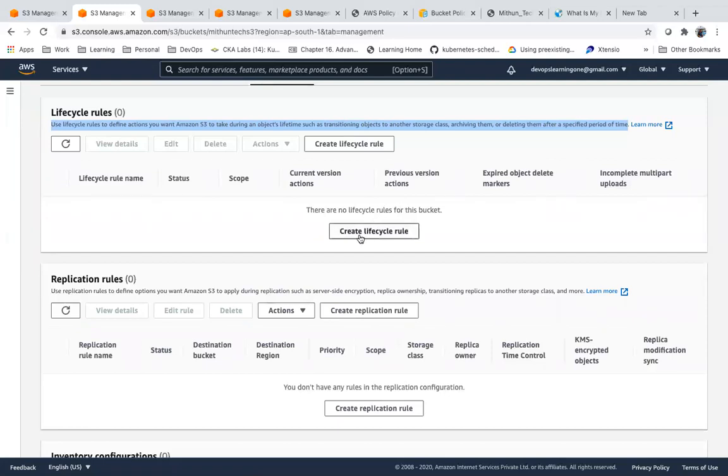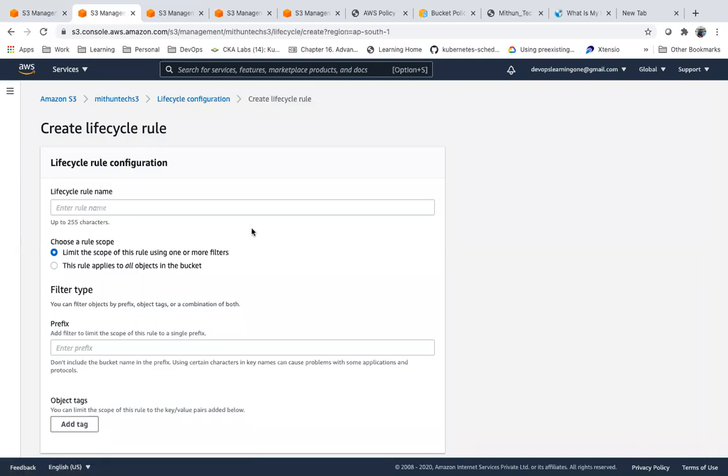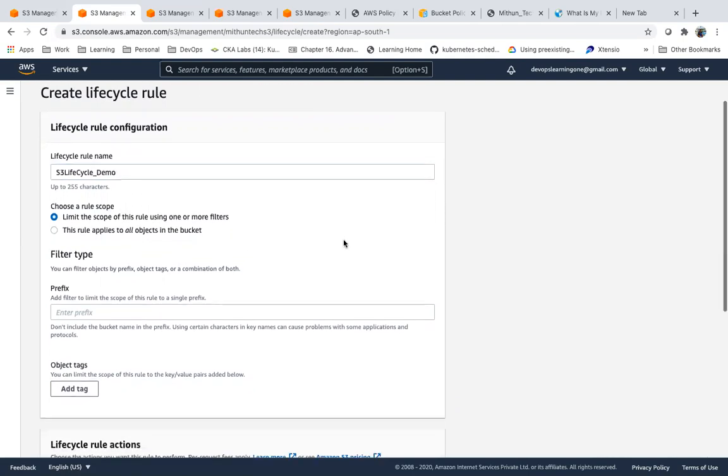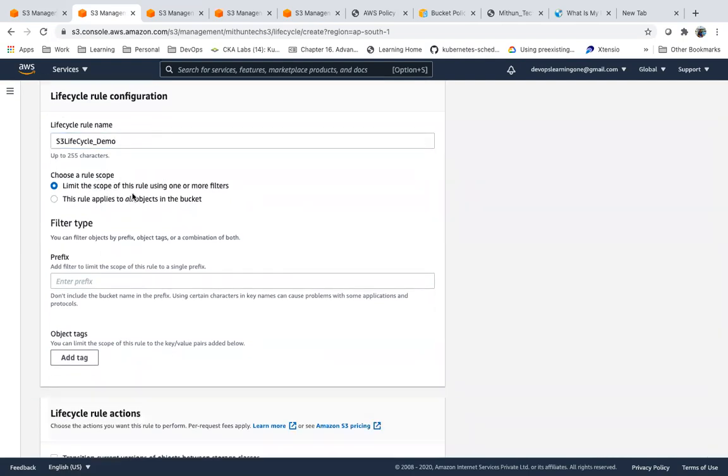So here I can create a rule, an object lifecycle rule. So rule name, if you want to give some name, you give. Now the scope of this rule.